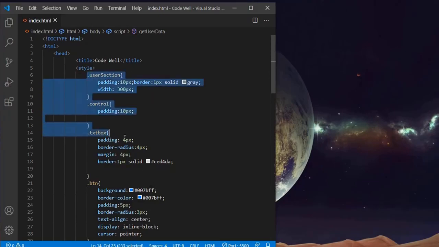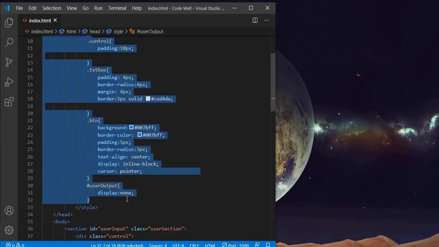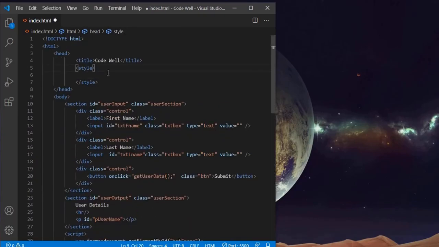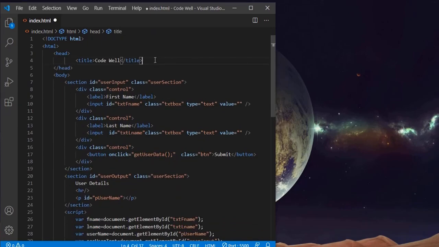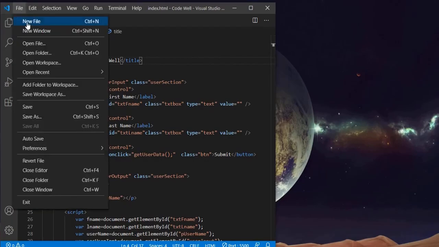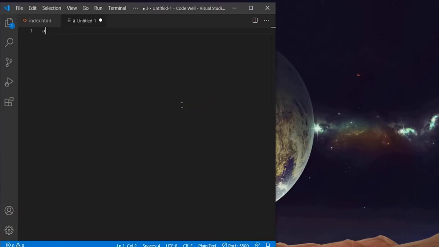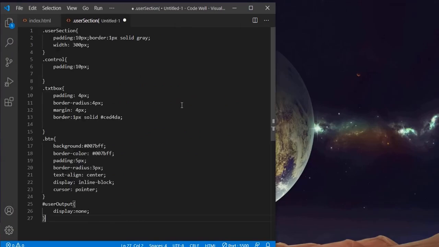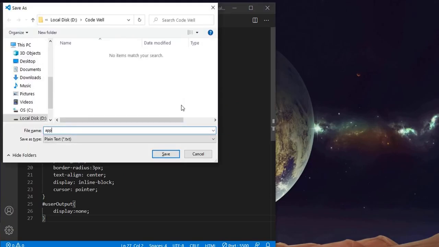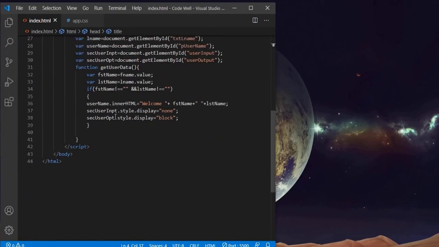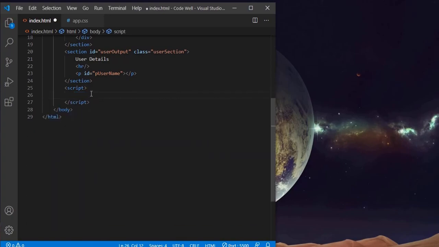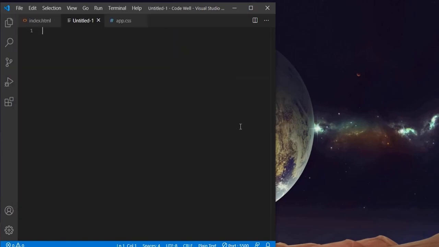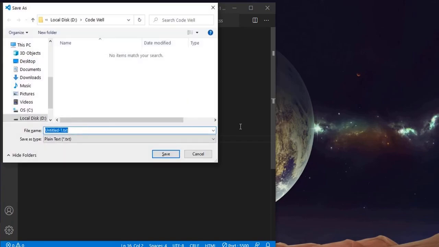I just cut the entire CSS code, and now the style tag is also not required. So I'll cut the entire CSS and create one new file, copy it here and save it as app.css. Same way I will cut the JavaScript code and remove the script tag. I'll create a new file, paste it here and save it as